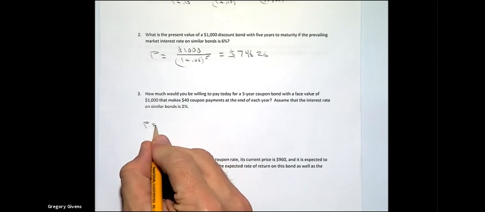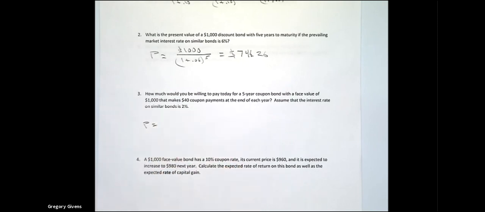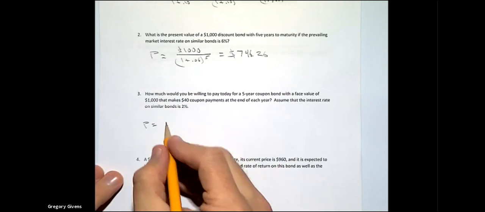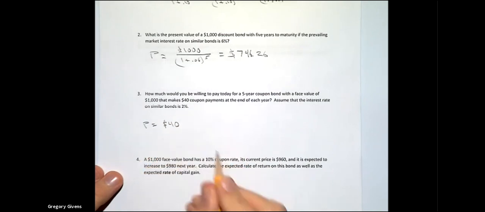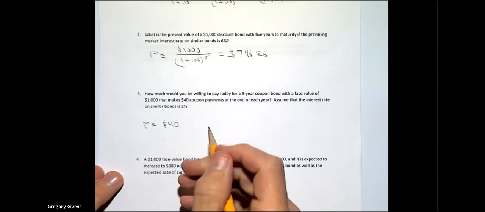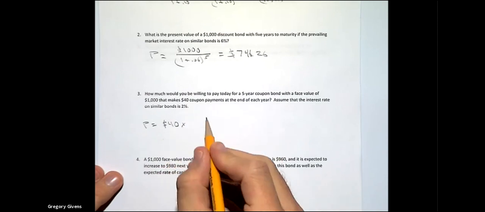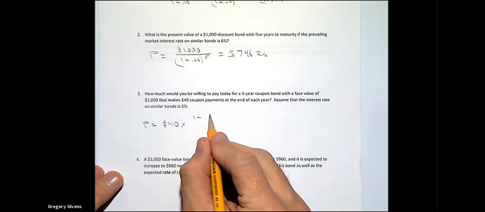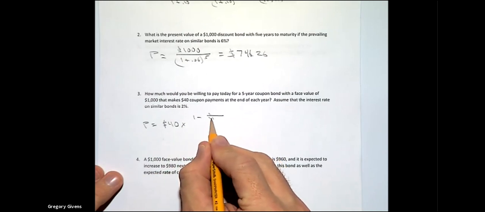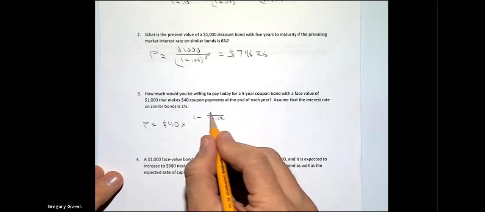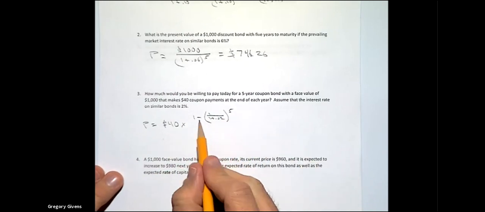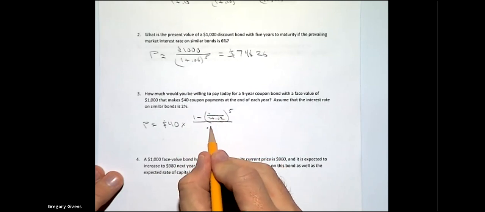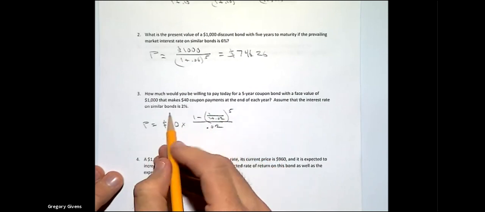Or alternatively, you could use that handy dandy formula that is in your slides, which I'll write down for this particular problem. Hopefully you can recall where this was in the slides. It would be the coupon payment of $40 in this case, times 1 minus 1 divided by 1 plus 0.02, that's the interest rate, raised to the maturity date of 5 years, divided by the yield to maturity of 2%,